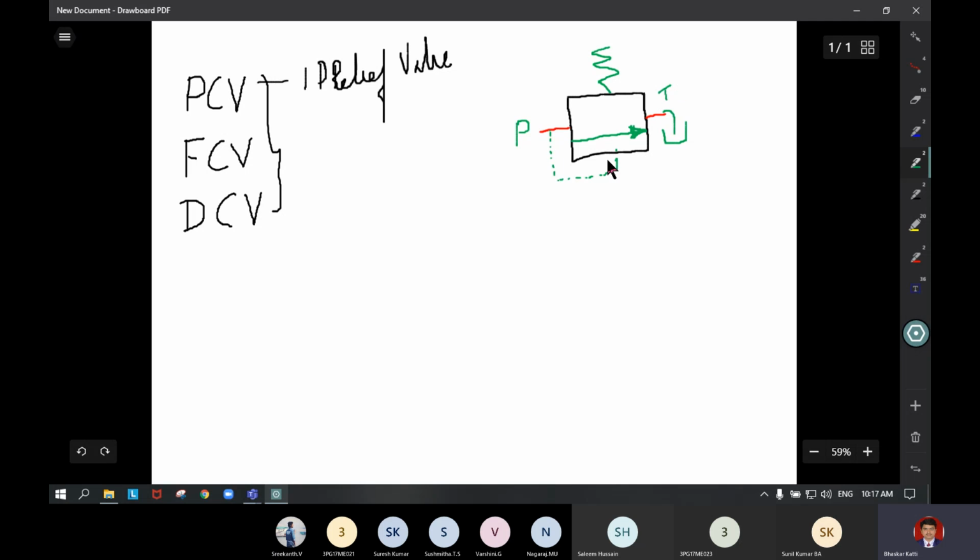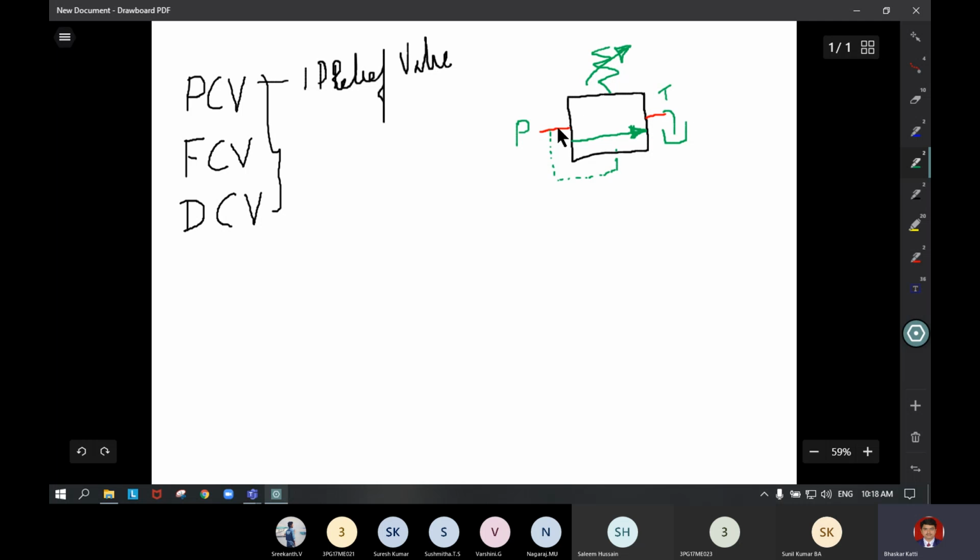This is the supply from the pump, this is the pump port, this is the T port. These are the two ports associated with the pressure relief valve, and it is a normally closed one, so you have to write the arrow mark offset to these port positions, and the actuation is done by sensing the input line. We write the input line like this, that is a pilot actuation. On the other side, it is a variable type, so we can adjust the pressure ratings. The relief valve is used for safety purposes, so it will operate at the set pressure. So this is the graphic symbol.